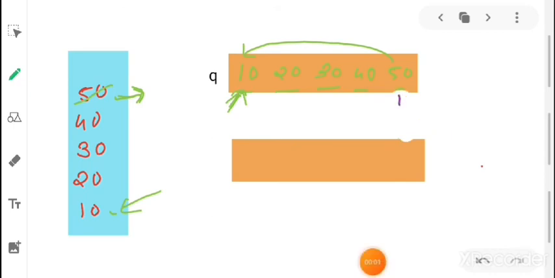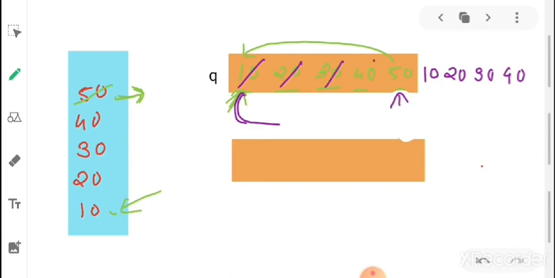So for dequeuing 50, we want to make sure that 50 will become the front of the queue. To do that, we will dequeue one element from the queue and enqueue it again into the queue. So we dequeue 10 and enqueue 10 again, dequeue 20 and enqueue it again, similarly 30 and 40.